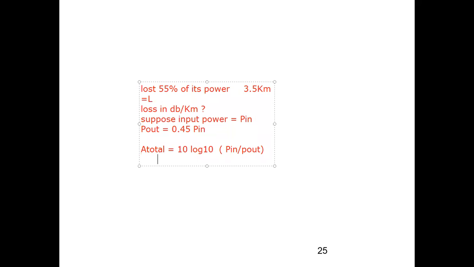So this, if you calculate, comes out to be 3.46 dB. Now I need to find out alpha per unit length, or I can put per kilometer. So alpha by L. Those who are not listening, don't write capital A, use the symbol alpha. Alpha by L is 3.46 divided by 3.5, which is equal to